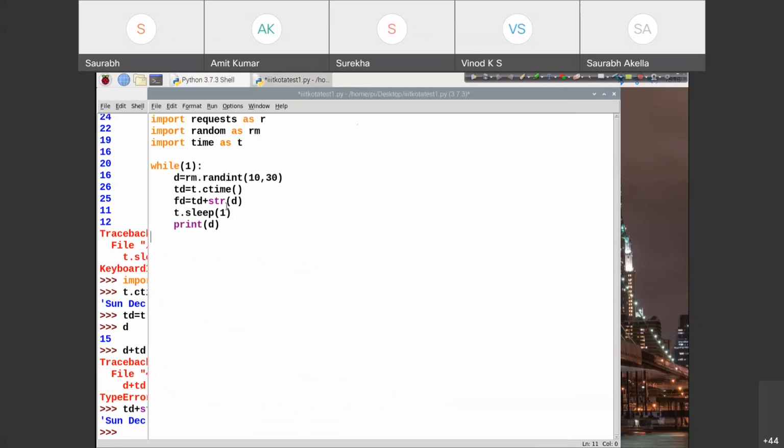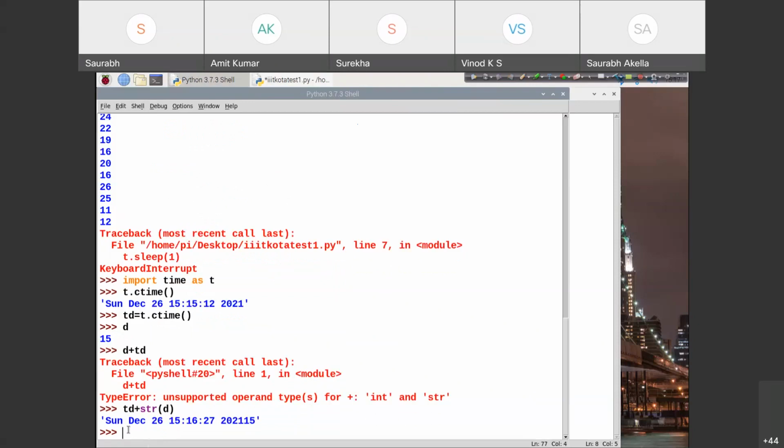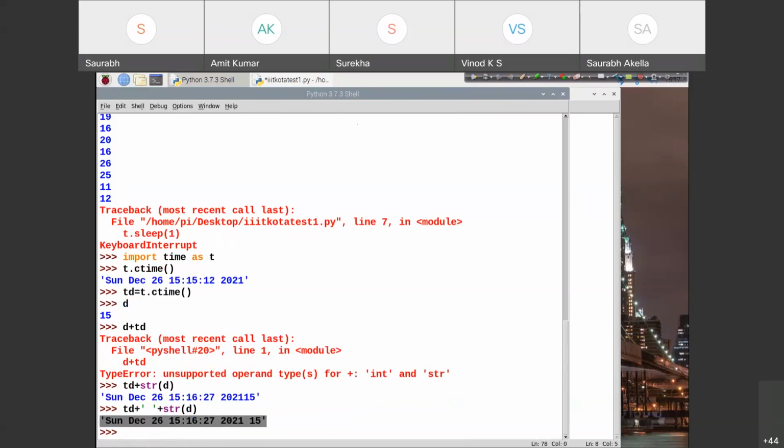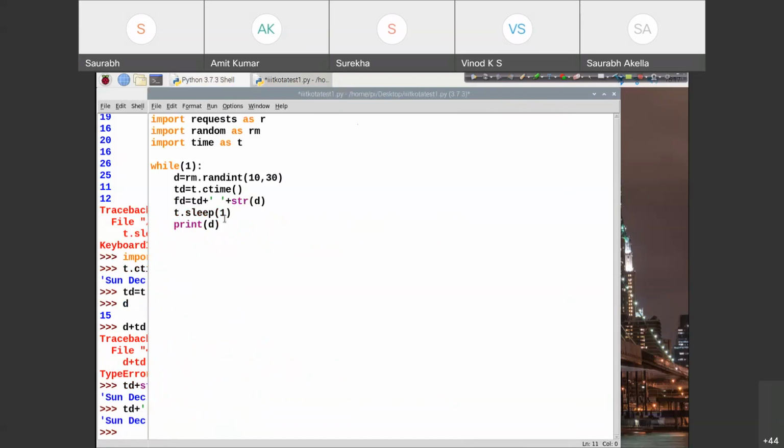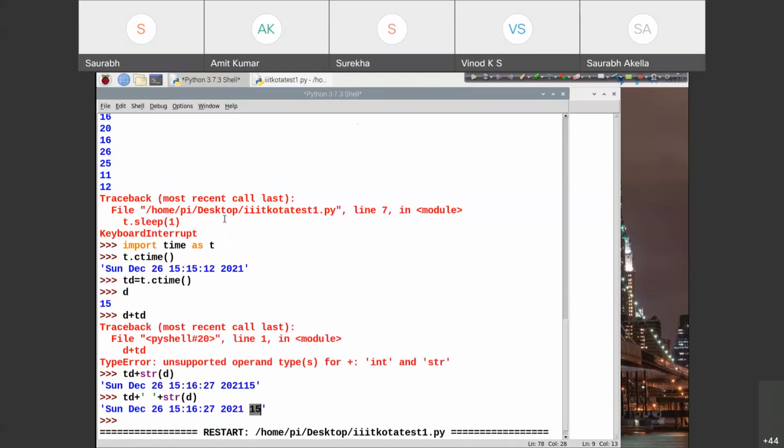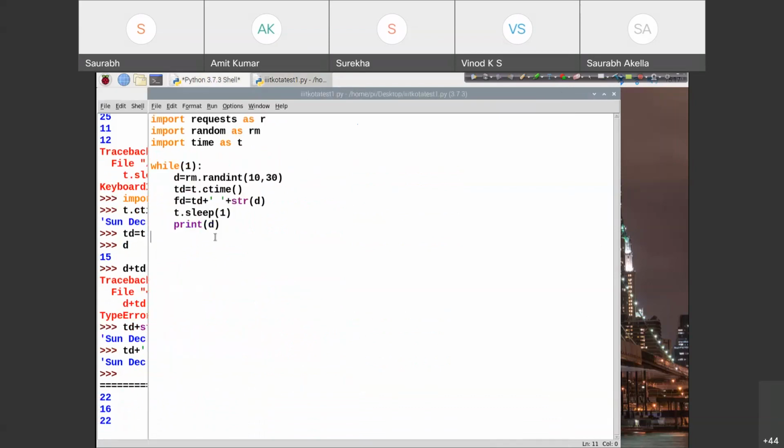Let me add a space also here. So this is my final data: TD plus space plus str of D, where the last value is my temperature value, right? Let me run this code again. I have to change this to FD.